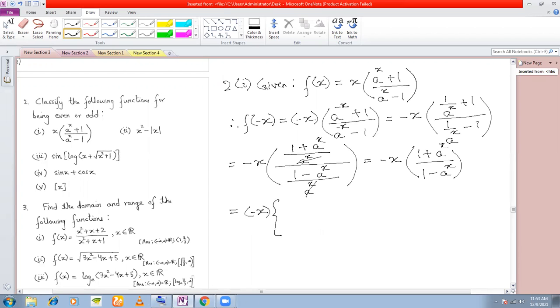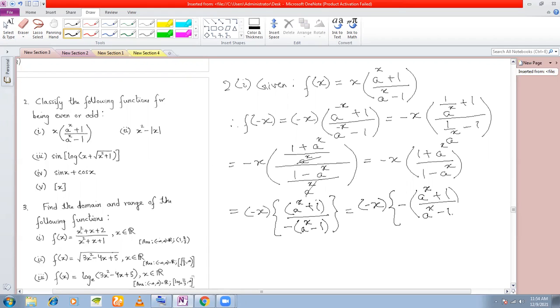So now minus x is, keep it here. Now you see that in the numerator, I have 1 plus e to the power of x, which can be written as e to the power of x. Let me introduce a bracket here because I have to take a minus out. E to the power of x plus 1, and the denominator you can write this as minus e to the power of x minus 1. I have taken the minus out in the denominator, so which is equal to minus x times minus e to the power of x plus 1 by e to the power of x minus 1.